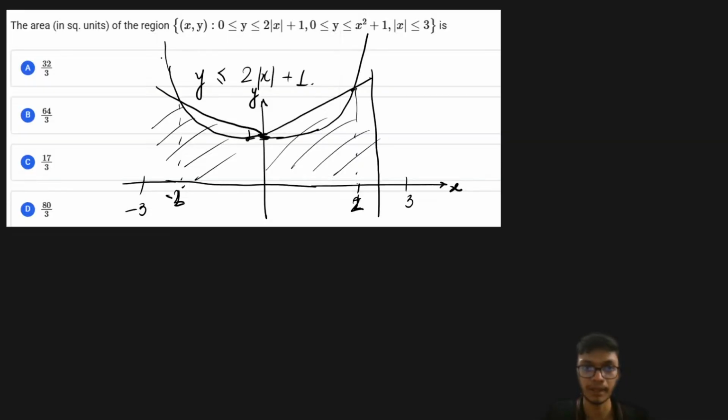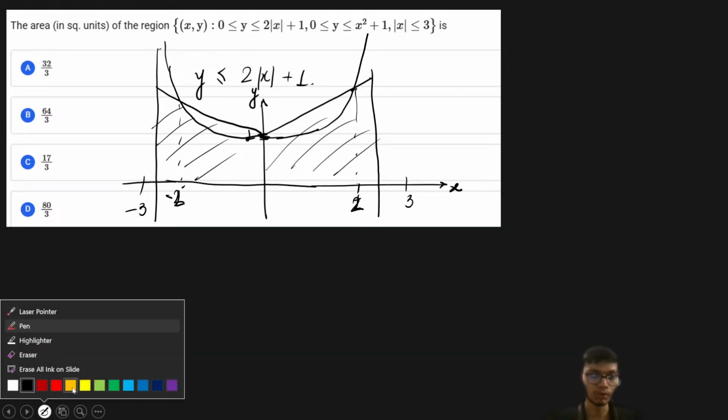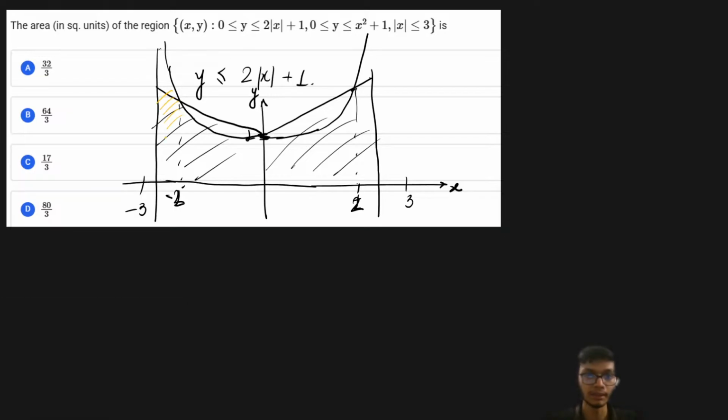Over here, I hope you can understand this minus 3 point over here. So therefore, this will give me the bound of my region. I hope you are able to plot the region. Once you are able to plot the region, the question is very simple. So once you're able to plot the region, the area is going to come out as